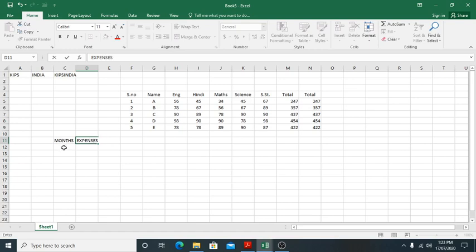Okay, expenses. The months given, six months we have taken. Clear? Jan, Feb, March, April, May, June. Now here 2000, 20,000, okay students, we have written.